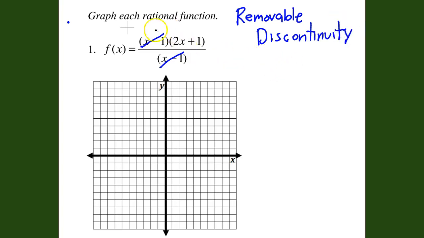So the fact that both of these are the same factor, they cancel out the top and bottom, and the actual number that is going to have the discontinuity is where